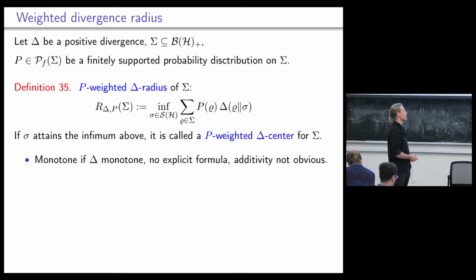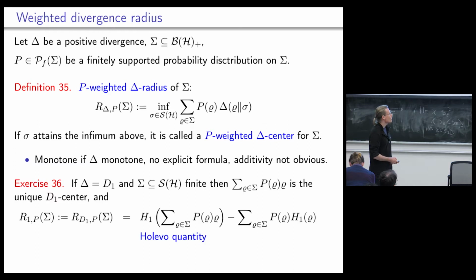Again, it has monotonicity if delta is monotone. Normally, we don't have an explicit formula, and again, additivity is not obvious. And to make you a little bit more motivated in these quantities, if you take the usual relative entropy and